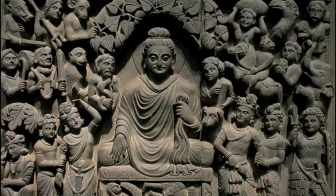Shakyamuni based his teachings on an idea of interdependence, in which every moment has its origins in multiple causes, and in turn becomes one of many causes for the next moment. Nothing is permanent, including the self. He also formulated what in Buddhism are known as the Four Noble Truths. These are: